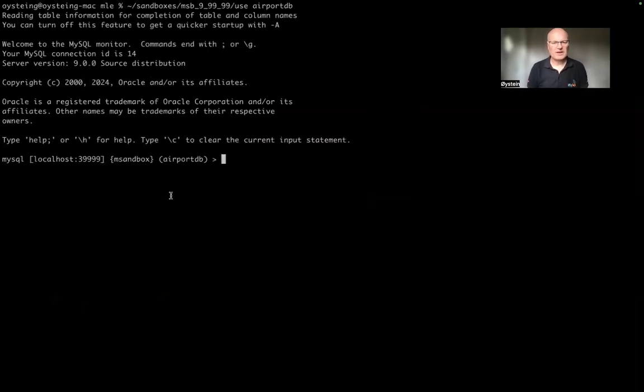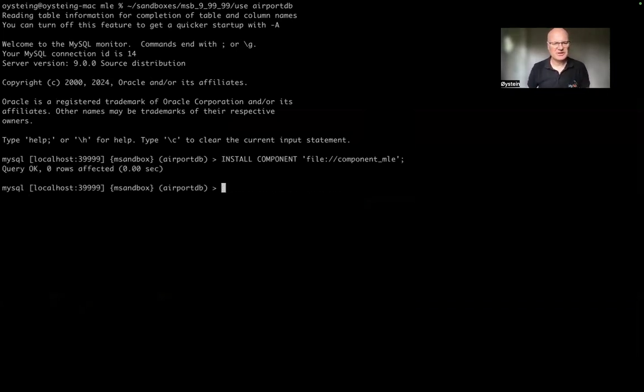So if you are using the MySQL Enterprise Edition, we will first have to install the component. If you're running it in the cloud, this has already been done for you. Then we need to create the function. So we just read the file that I created to create the function. And now we can start using it. And we will be using it on a